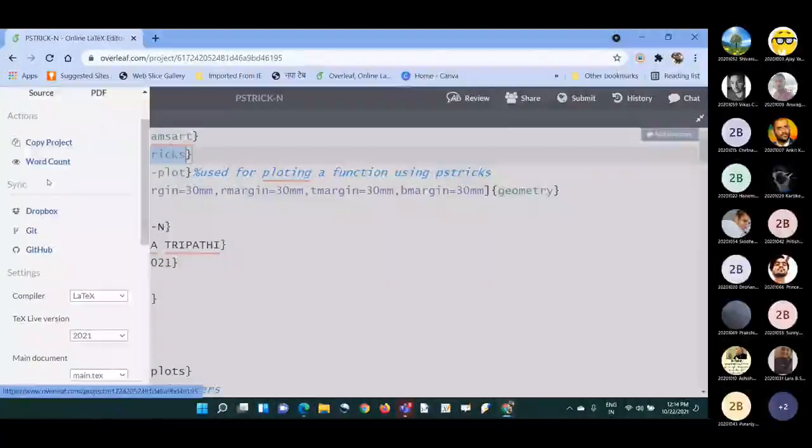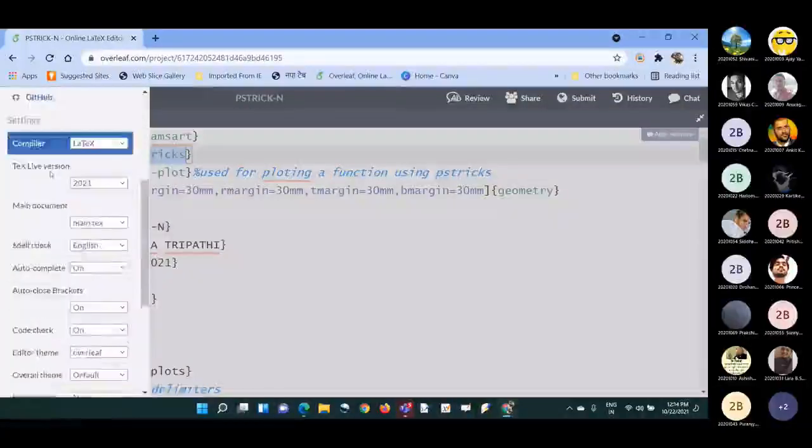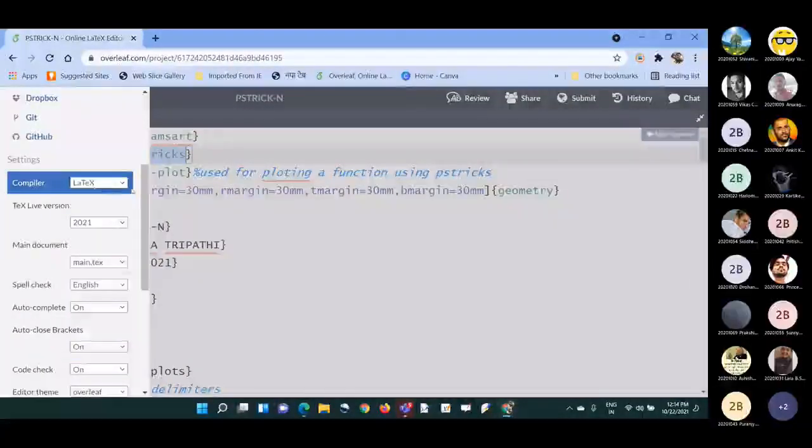You will get a slider pop-up window. Here you need to choose the compiler. For a normal article we were using PDFLaTeX, but for PSTricks you have to select LaTeX, not PDFLaTeX.